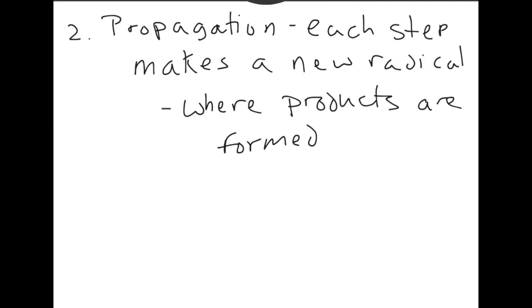So when you're drawing out the reaction, you are anticipating that the propagation step is where you're going to make your products. You can make products in the termination step, but that's usually by accident. So like 99% of the product that you want comes from propagation, and maybe there's a little bit from termination. And then termination,